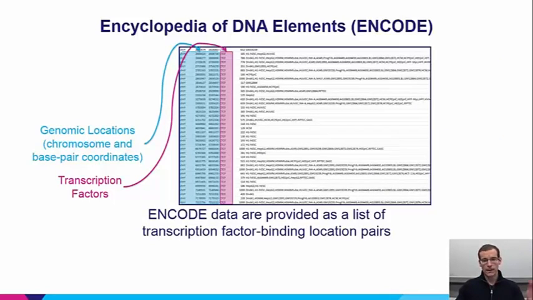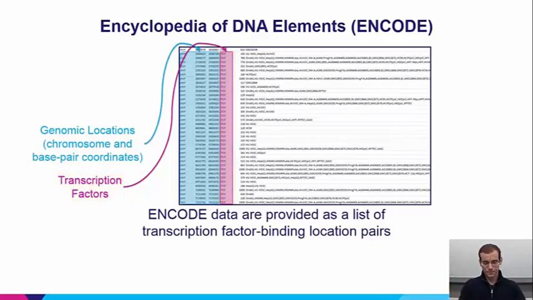We have, in the first 3 columns of this data table, information about the binding site. So this is a genomic location defined by a chromosome, and then coordinates in terms of base pairs or sequence position. And then right next to that we have listed in the column highlighted most to the right,